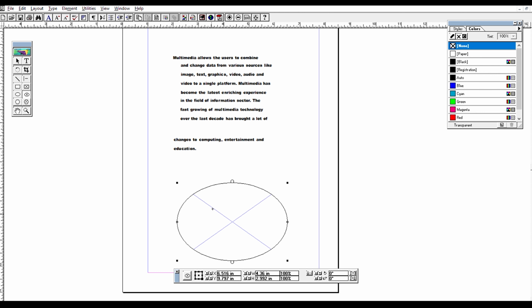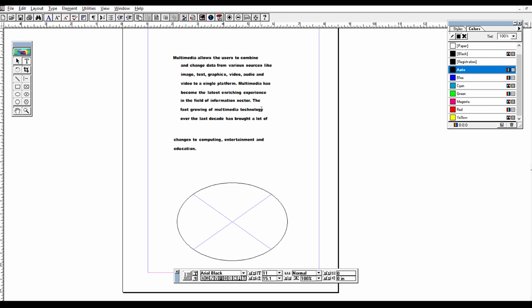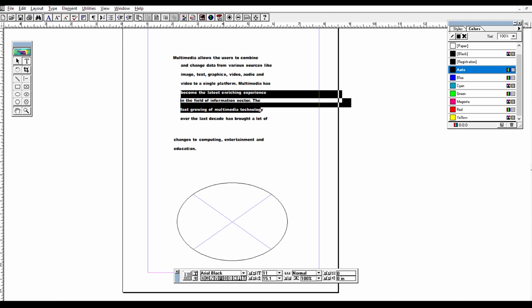You can go to File and Place and get a text for this and paste it here also. Or I'll just take this much, copy and paste it here.